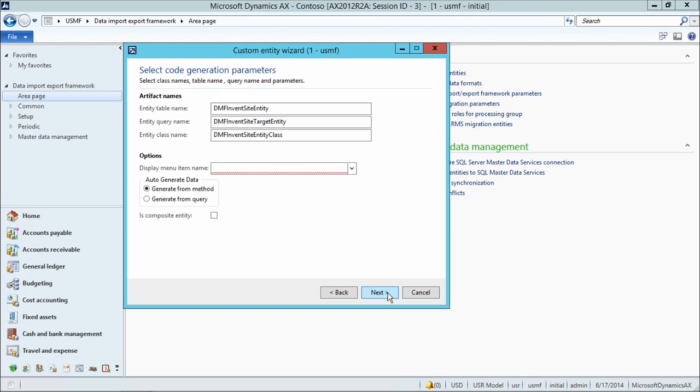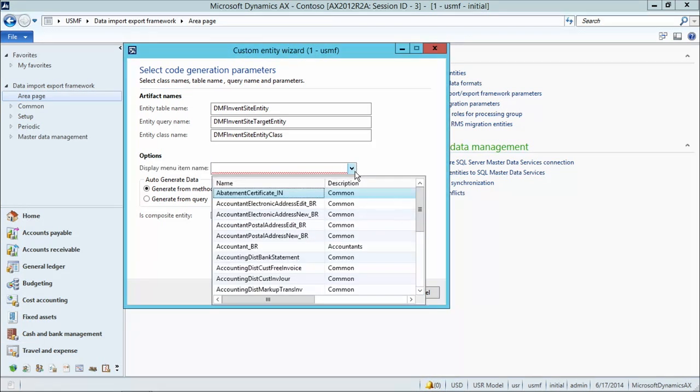And click on next. Here you can see that you can specify a few properties for the entity: the name of the entity, the staging table, the entity query name, and the entity class name. The names generated by the wizard look okay, so we're going to leave them as is. Next, we can select the display menu item name for this particular entity. There is already one in AX, which we can use, so we're going to use the invent site